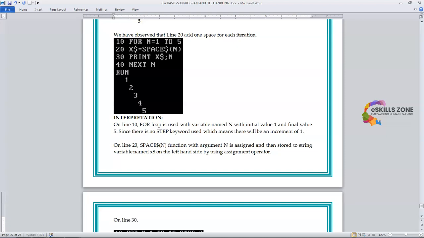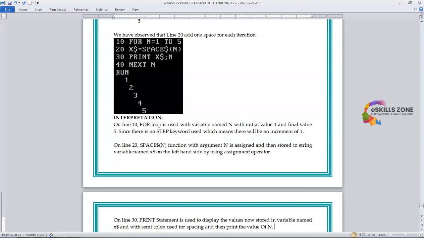On line 30, print statement is used to display the values now stored in variable named $x, and with a semicolon used for spacing, and then print the value of n. The space dollar n is used to